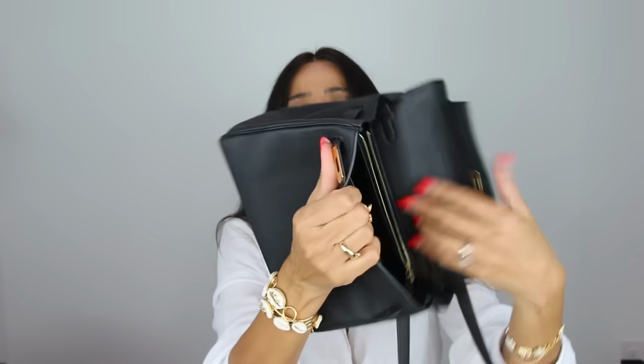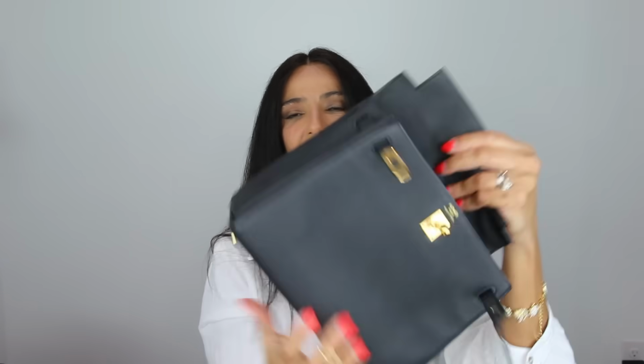I think it's like casually chic. You're not trying too hard, and it is more practical because, like I said, it is easier to open, to get your things in and out. The leather is so flexible, and then I don't need to worry if I'm messing up with the leather to open and close that the leather is gonna look bad,